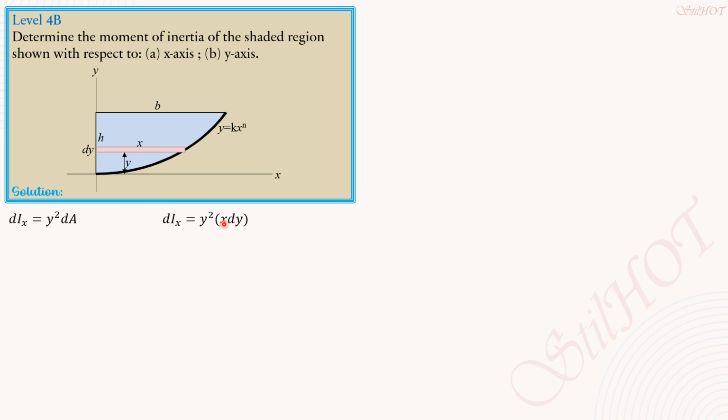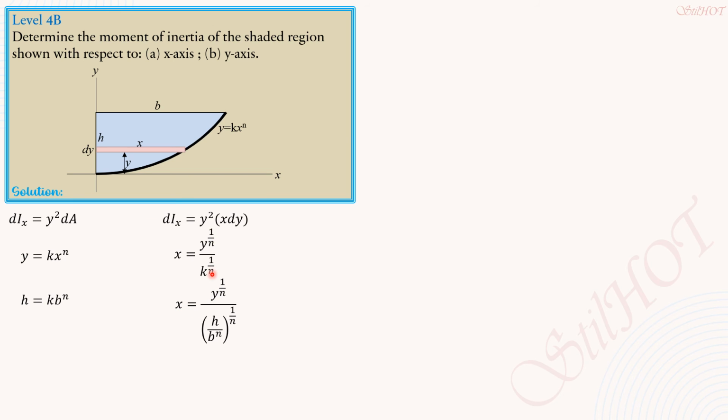So we express x in terms of y. From this equation, y equals k x to the n, then raise everything to 1 over n. So x therefore is y to the 1 over n over k to the 1 over n. But when y is h, x is b, so h equals k b to the n from this equation. That means k is h over b to the n. So x therefore is